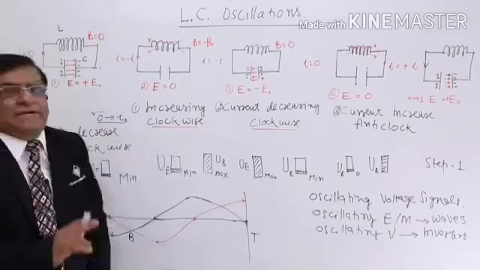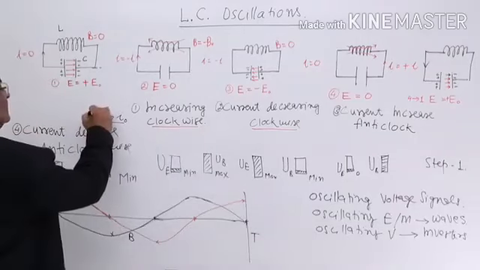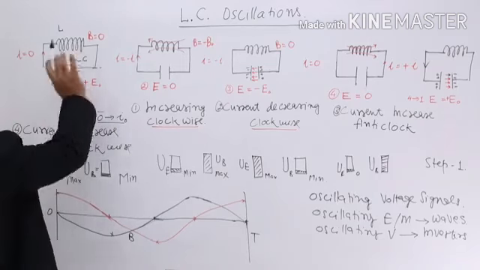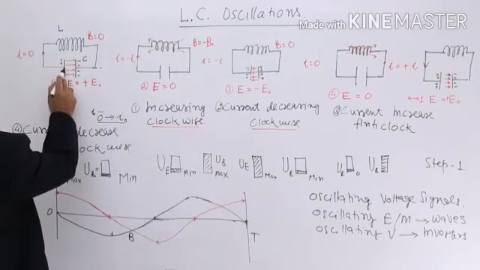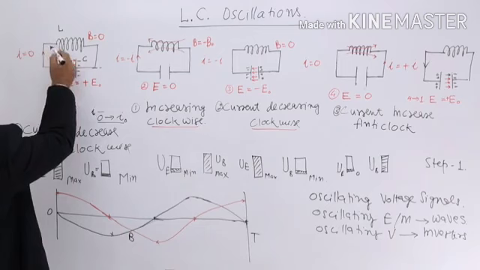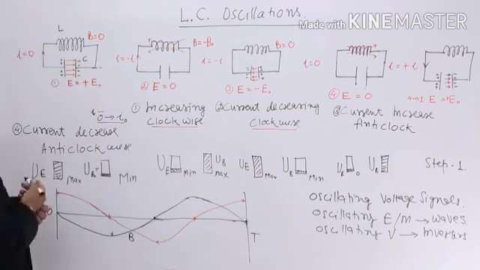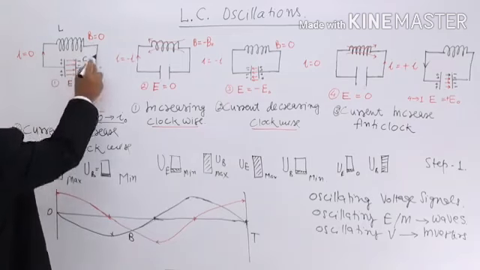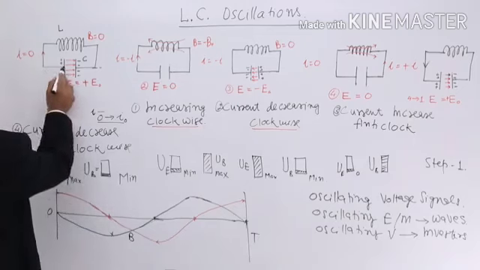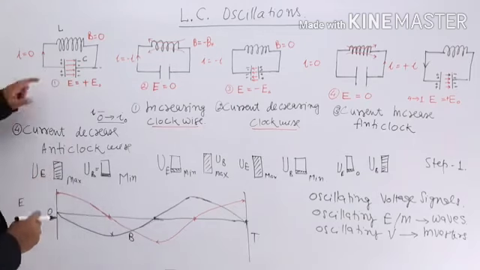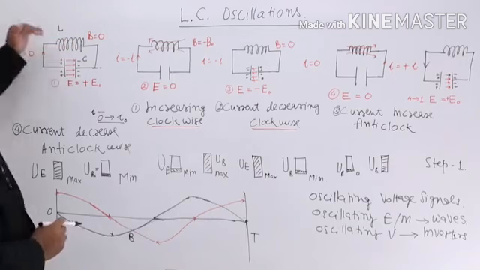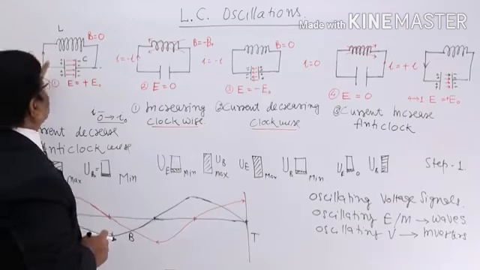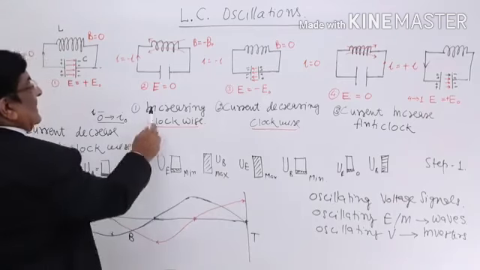Now what happens after that? See, here what is the situation? The situation is, here is electric field and here is no magnetic field. These positive charges are connected with a wire through an inductor to this negative plate. If it is like this, then all the positive charges would like to move to negative charges and they adopt this path. If they adopt this path, then a current builds up. When this current builds up, the current increases. In which direction? Clockwise. I write it here.